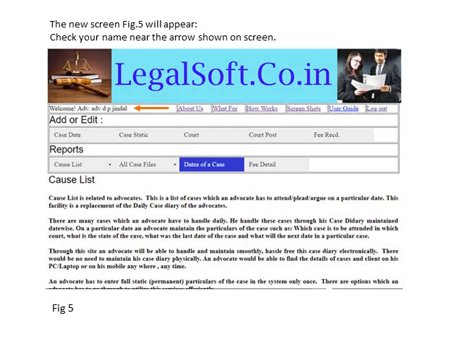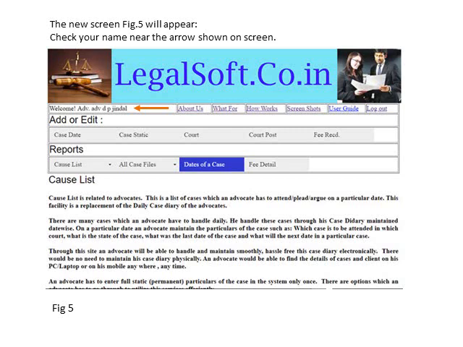Here check your name, full name which you have provided, here with the arrow. This is the main page from where all activities will be done by clicking on the options available at this page. On this page, after your name, here are other options: about us, what for, how works, screenshots, user guide and logout.